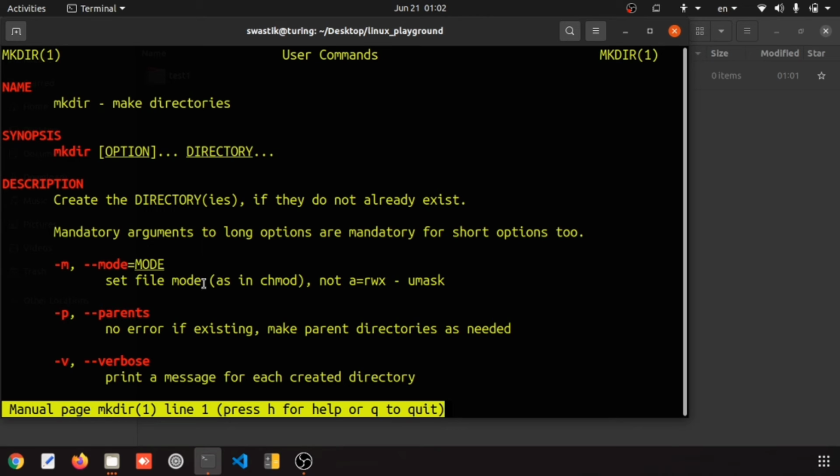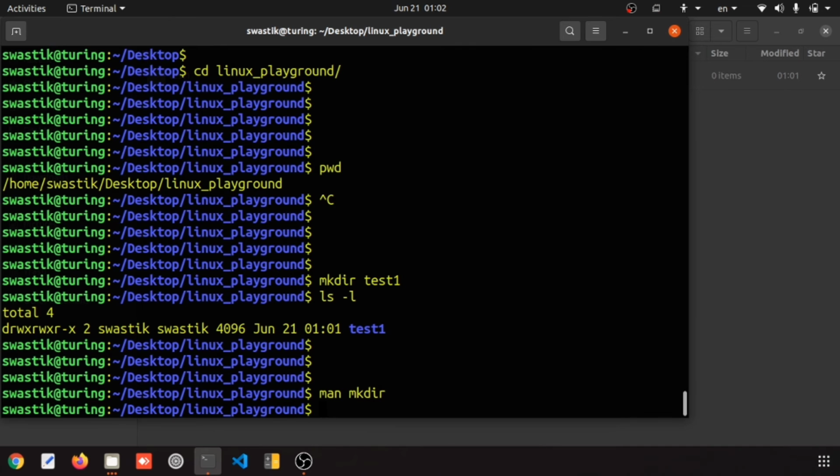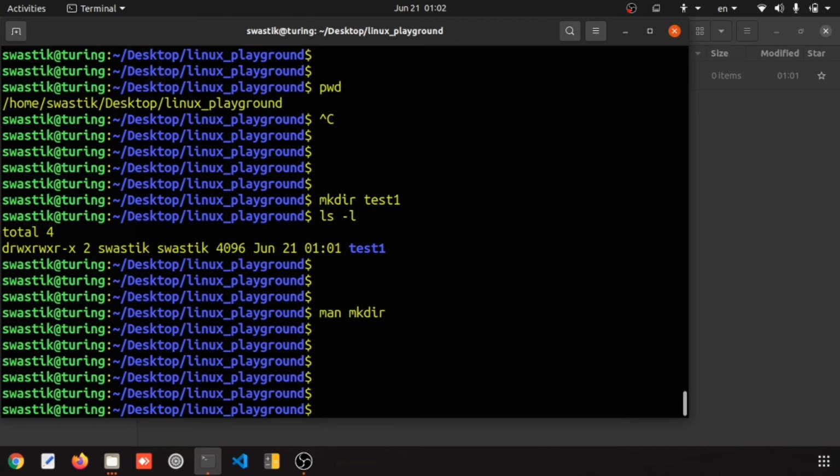We are not going to cover -m in today's lecture because you need to understand permissions and ownership before changing read, write, and execute. So let us skip -m and discuss -p and -v. The -v, or --verbose, prints a message for each created directory. So let's check -v.